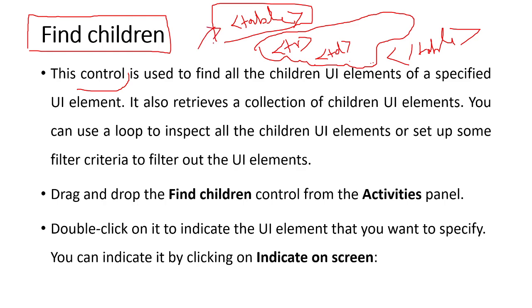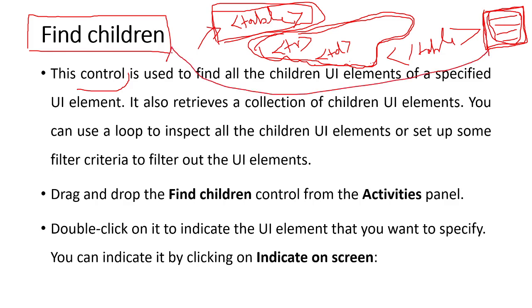Whenever you come across a situation where you want to fetch all the children elements of a specific target element, in this case a table, you can go ahead with a find children control. Similarly, if you have a multiple selection box where you can select multiple options, and you choose this selection box as a target UI element, then the options will become the children. Suppose your requirement is to extract the options of this particular multiple select box, then you can go ahead with the find children control.